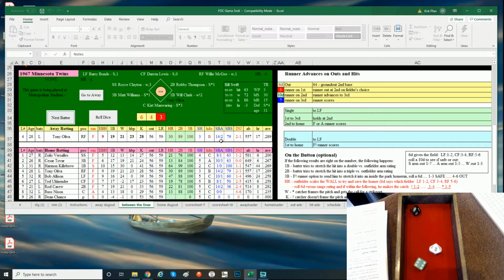Two away here in the bottom of the 4th. Tony Oliva. I was looking to see if he had any notes on trying to steal anybody or do anything crazy like that. All right, due up Bob Allison. Bobby Allison, he struck out his first time up. That is a 22. So 22 is going to be a walk by Bobby Allison. So runners at first and second with two away